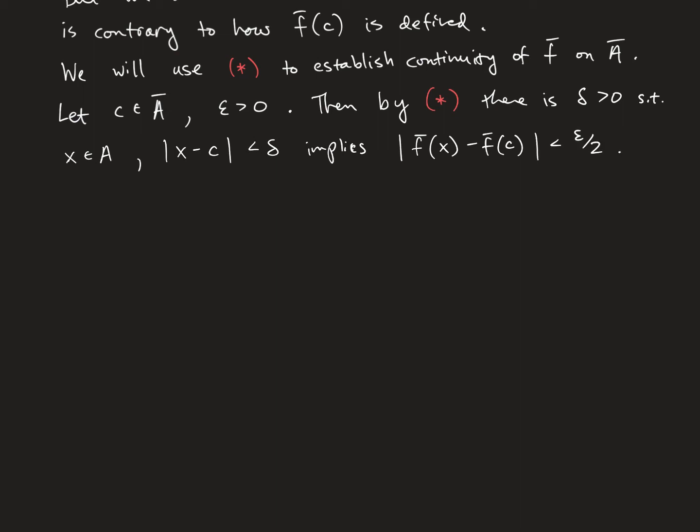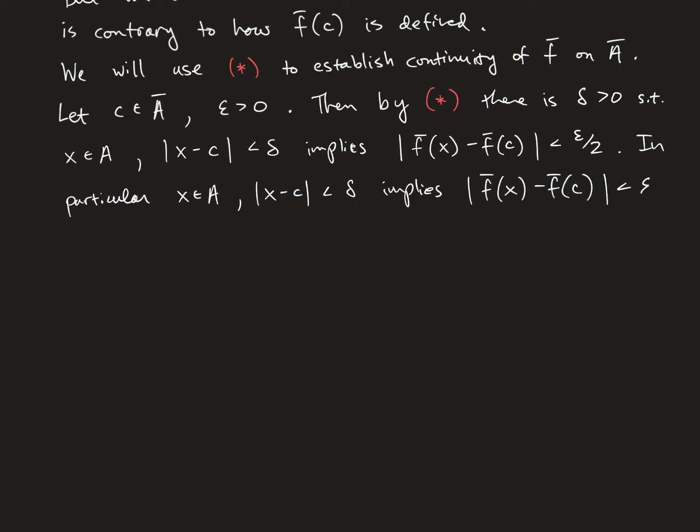Okay, so in particular, x in A and x separated from C by less than delta implies that f bar of x and f bar of C